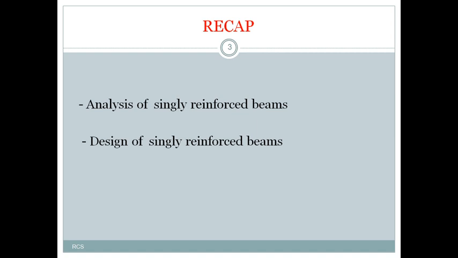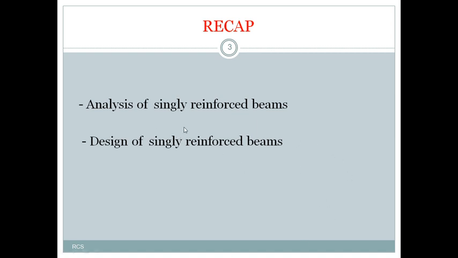Right. Before that, let me brief what we mean by a singly reinforced beam. A singly reinforced beam means reinforcement is provided in only the tension zone of a member. That is called a singly reinforced beam. As we know, why are we providing reinforcement only in the tension zone? Because concrete is very strong in compression but very weak in tension. So the tensile stresses which occur in the beam section due to applied load will be taken care of by reinforcement. Generally we provide reinforcement as steel bars.